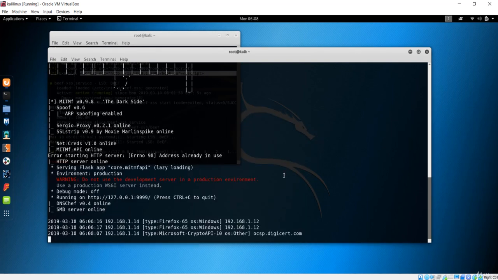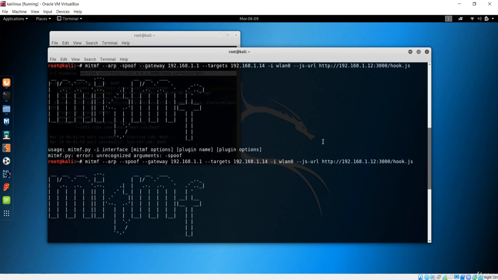Now whoever opens that web server, or basically whoever opens that website which is index.html, it is going to inject this hook.js to that URL using this man in the middle framework. So you can clearly see we have now injected this URL to that website. Index.html is our web server, and in that website we have seen how to inject with the help of the man in the middle framework. We have this JS URL, which is the argument that is responsible to do that.